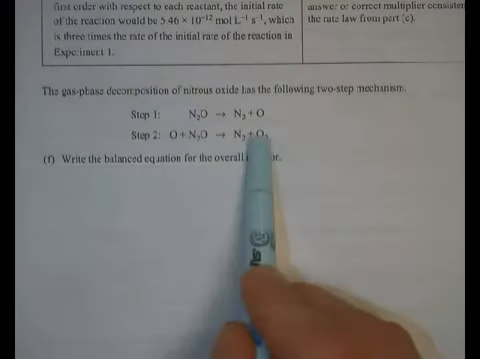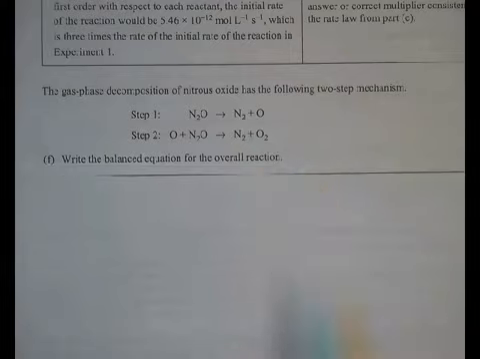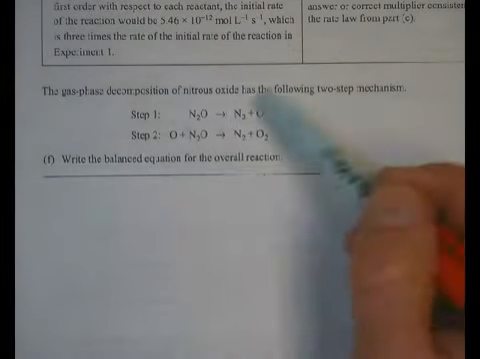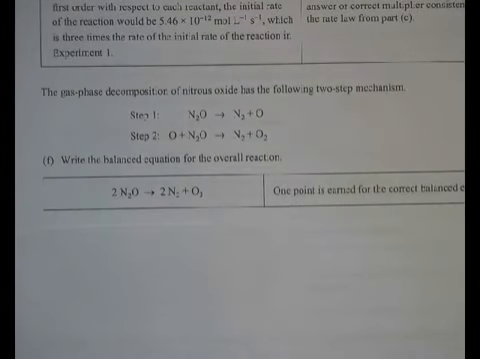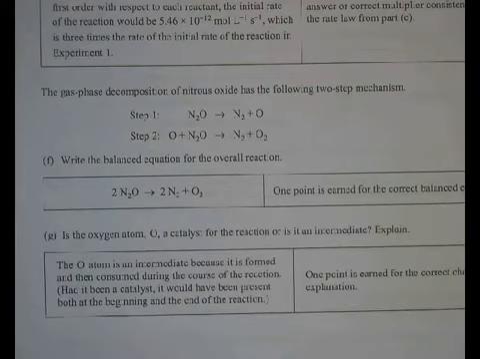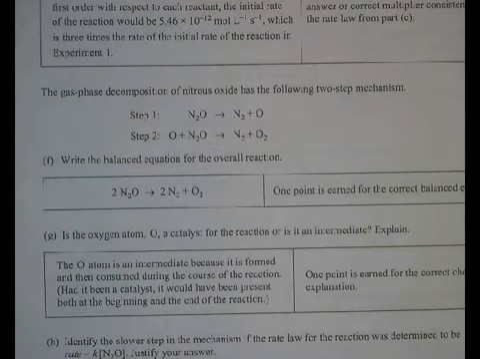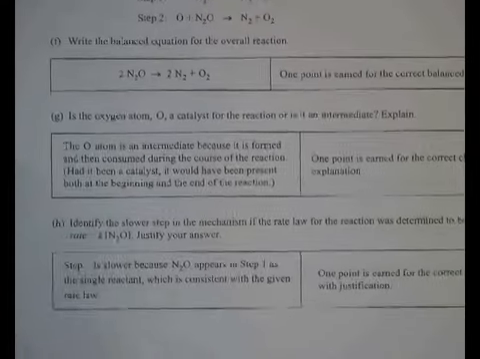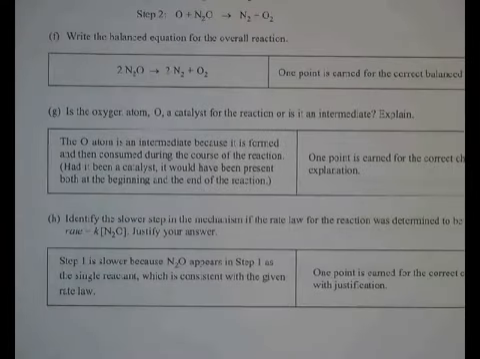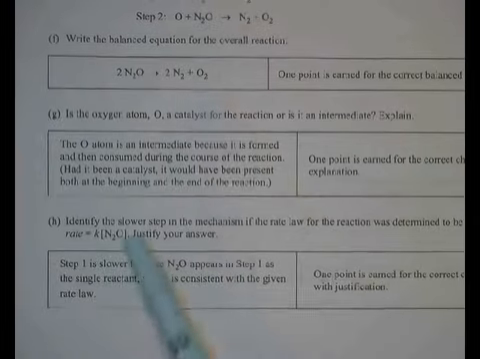And then they give you a mechanism question where step 1 is N2O goes to N2 plus O, and O plus N2O goes to N2 plus O2. Write the balanced equation for the overall reaction. We actually did this one just a little while ago as an example of adding the two together and getting them. Hard to believe it showed up in an AP exam when it was an example problem from the book. And the oxygen atom is an